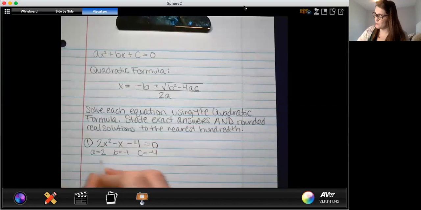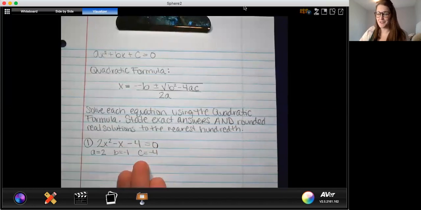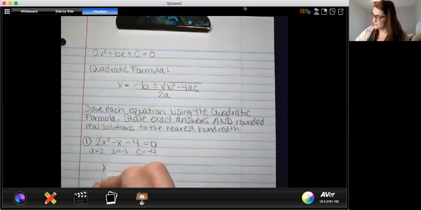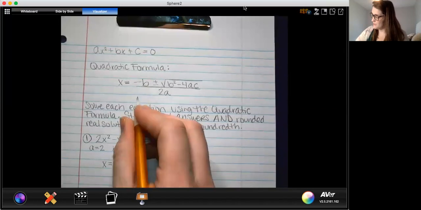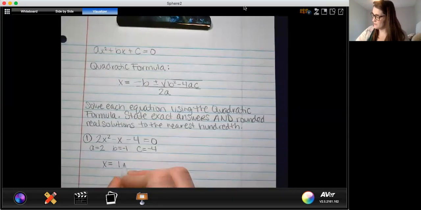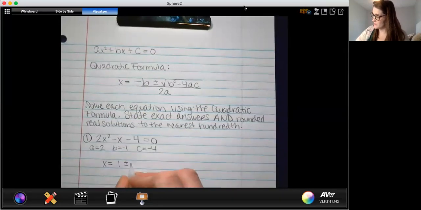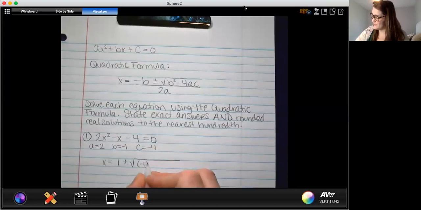And so I'm going to substitute those three numbers for all those variables into the formula. So x equals opposite of B, so that'd be +1, plus or minus the square root of B squared